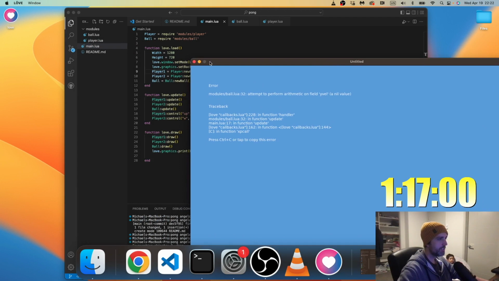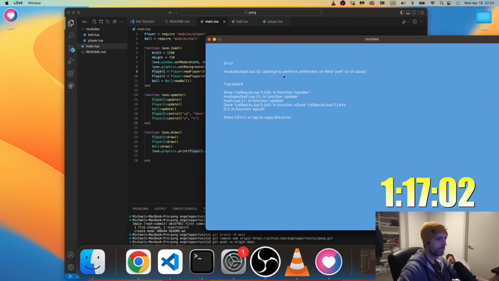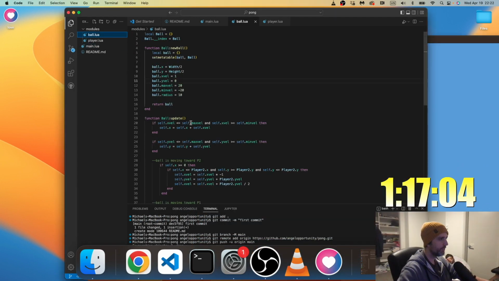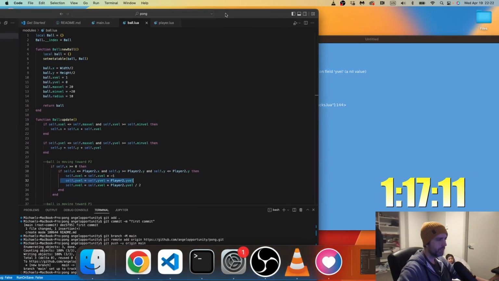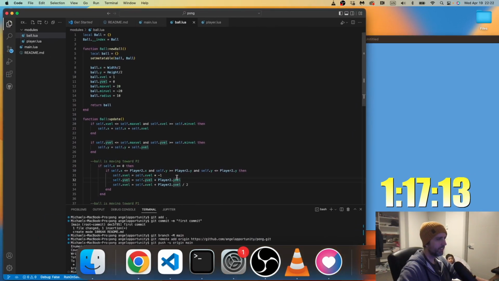Which Y velocity is it even talking about? Ball 32. This one. It looks like it's player 2.y velocity. I think it doesn't see player 2. It should, though, it's in the update function.